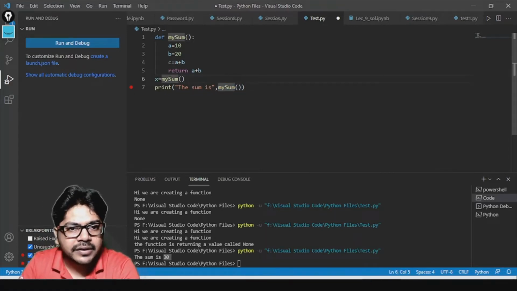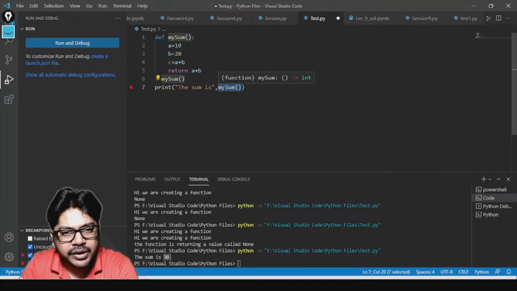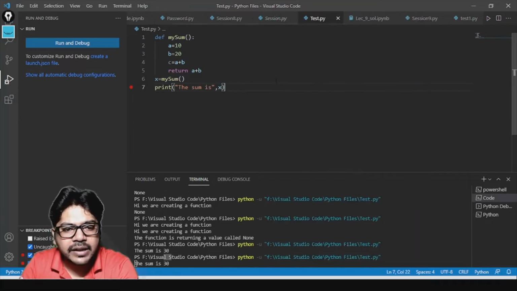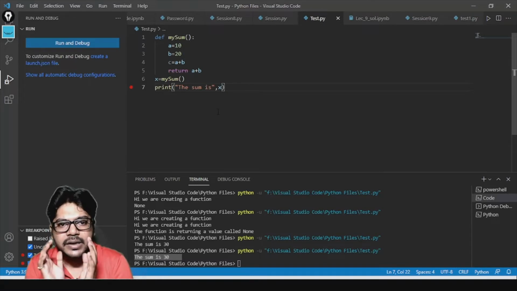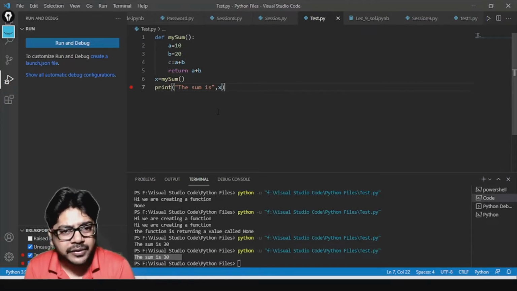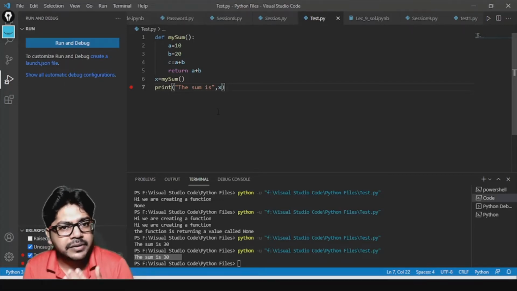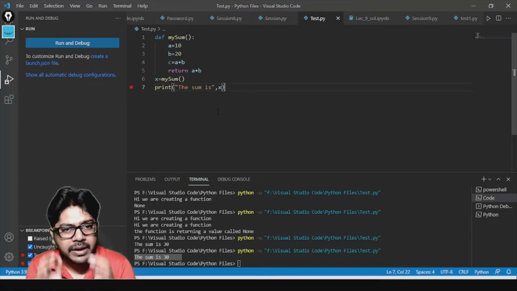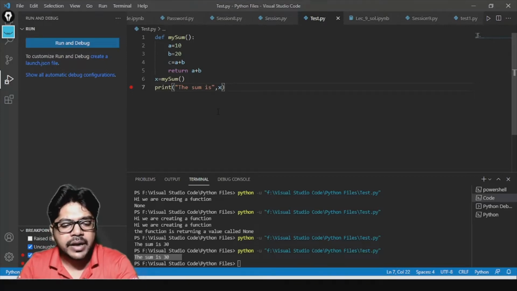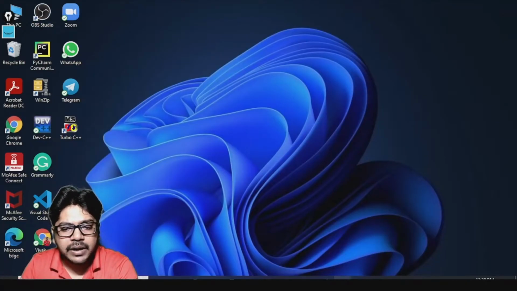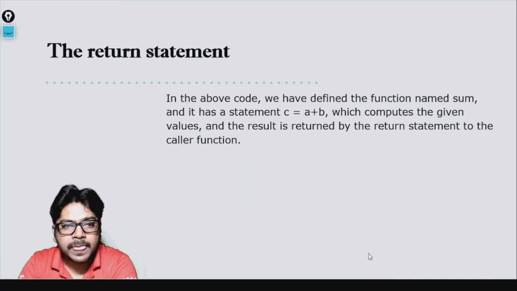So here, since my x is storing the value which my function is returning, I am going to print x, and now if I run this, I also get the same thing. The sum is 30. This is what I am getting, and this is what I was supposed to get. So this is how the return statement works. Make sure that the return statement is always the last statement of the function. There is nothing after that in the function, not the program but the function. Since the function is returning something, it is always a good habit to keep a variable where you can store it. Now proceeding further.